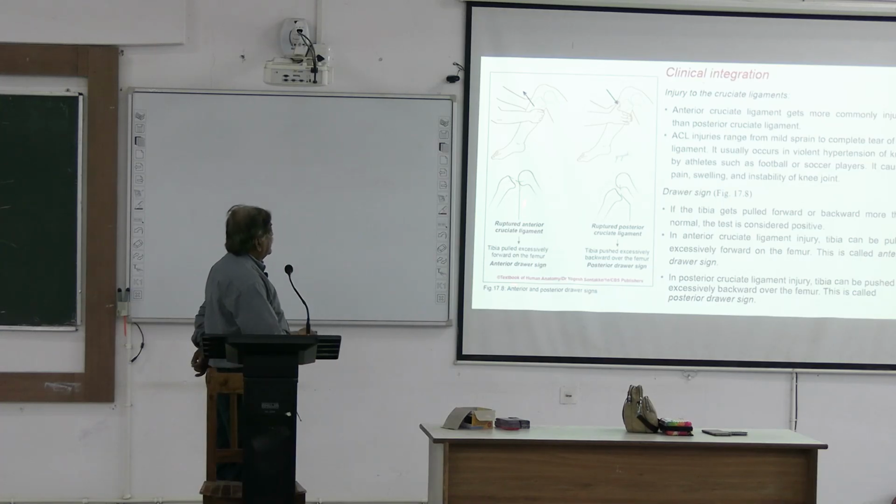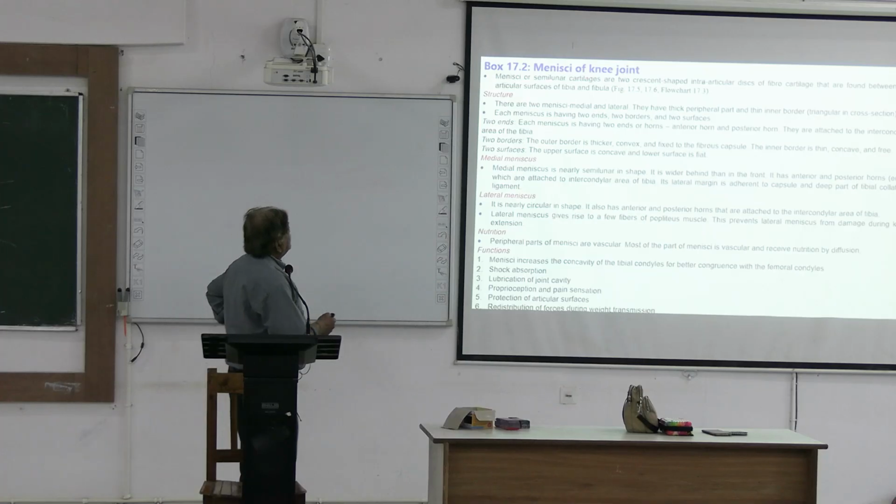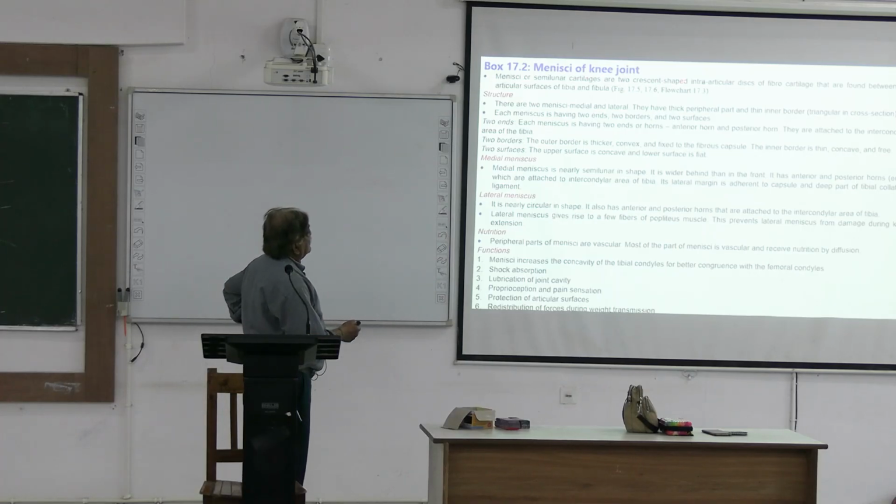See, anterior drawer sign. See, the ligament is torn, ruptured. This cruciate ligament, and this, see, posterior, ruptured. Now, menisci of the knee joint. Menisci, or semilunar cartilages, are crescent-shaped discs of cartilage that lie between